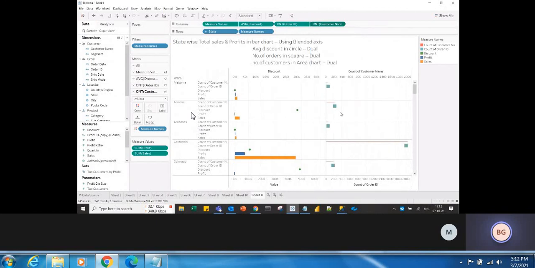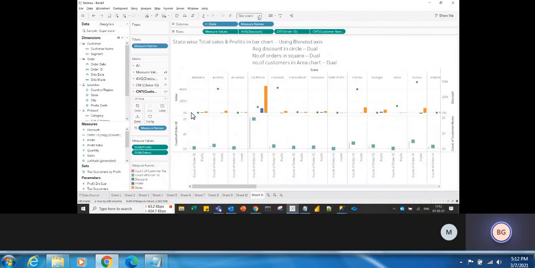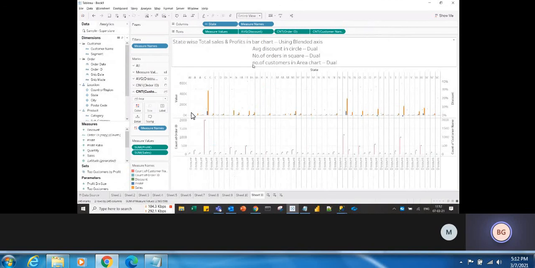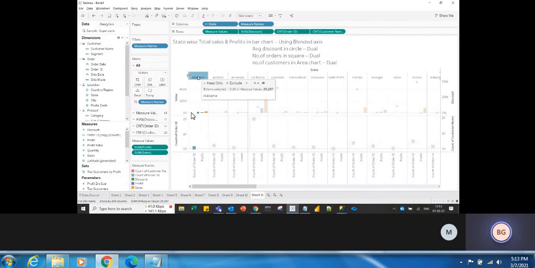Just swap the view and take the entire view. Let me put it here. Instead of taking the entire view, let it be standard view. Now if you see the state, Alabama is there, right?